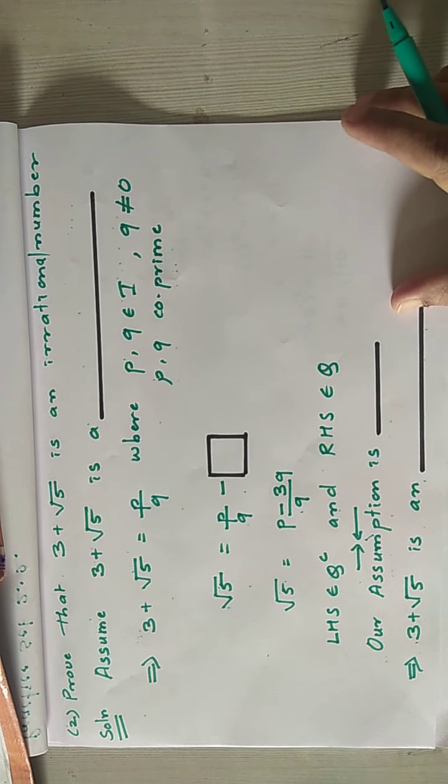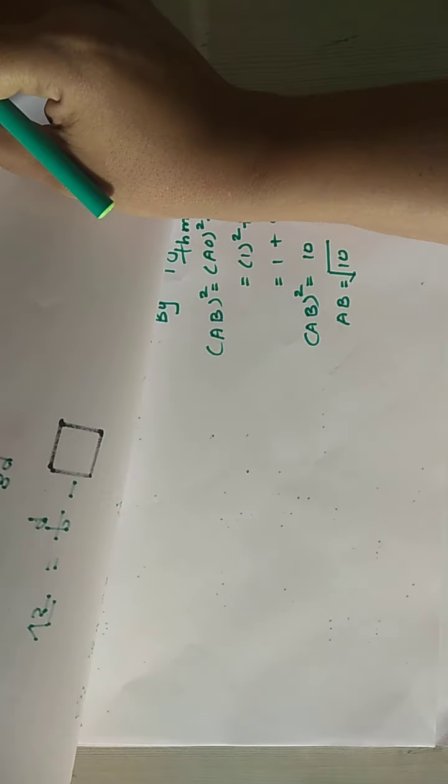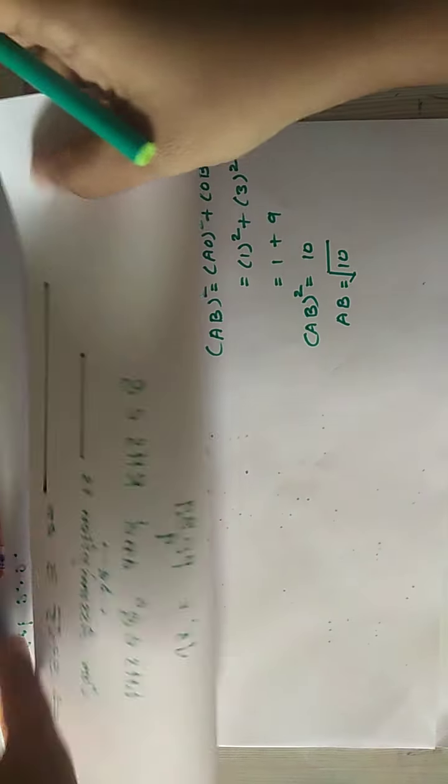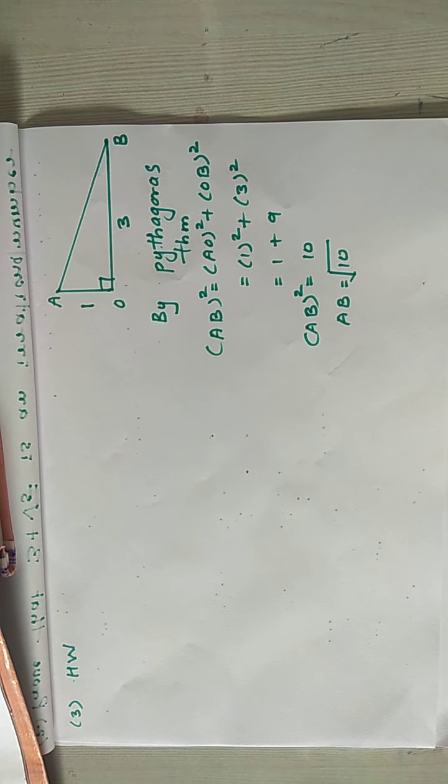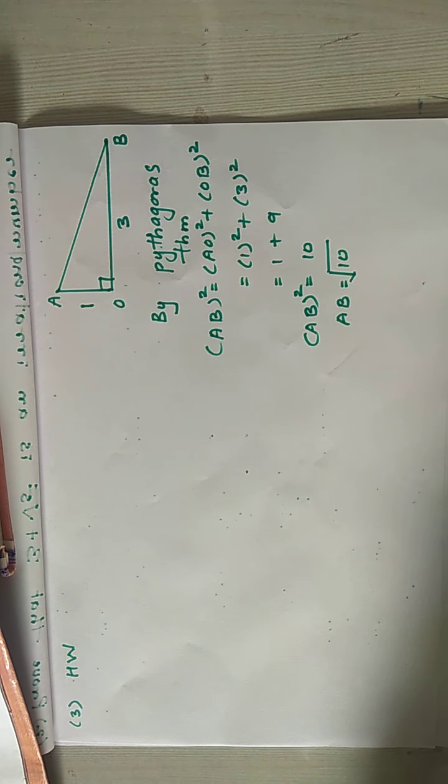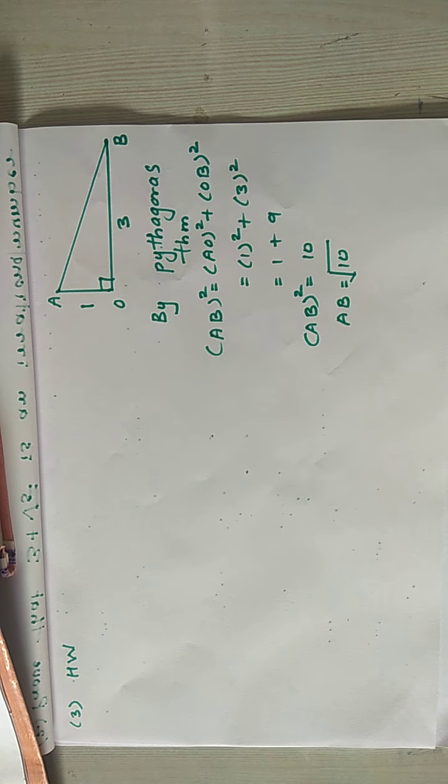Okay. Now we'll go to the next sum, question number 3. Question number 3 is a continuation of the homework that I gave you, that is to draw root 2, root 3, root 5 on the number line. Question number 3 says draw root 5 and root 10 on the number line. I'll help you with root 10 and I hope that you all do root 2, root 3, root 5 with the help of 8th standard books or with the help of the sum which I am solving over here.